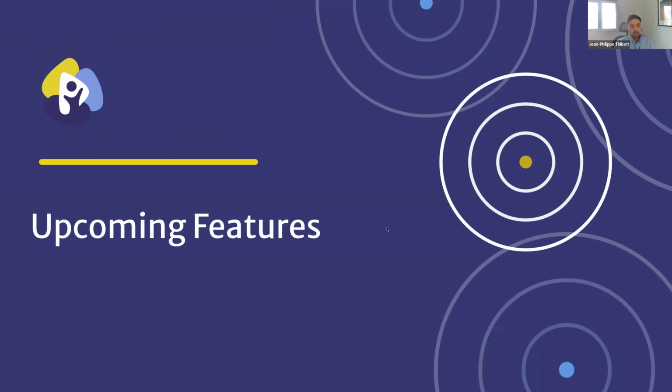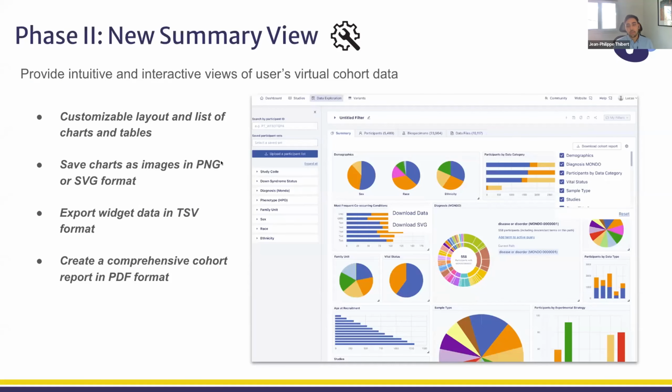And so, as I mentioned, phase 1 was really in regards to finding and accessing data, and having that interoperability with the Cavatica and analytical framework. And so in terms of features for phase 2, we really want to enhance the phase 1 product. So the first piece that we want to improve is that we want to create a new summary